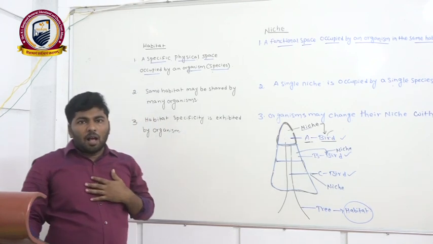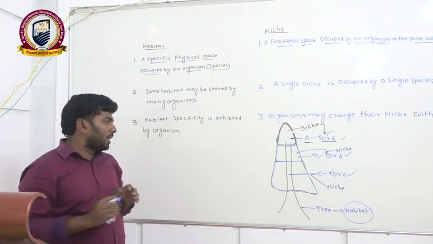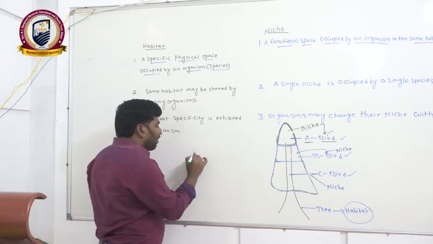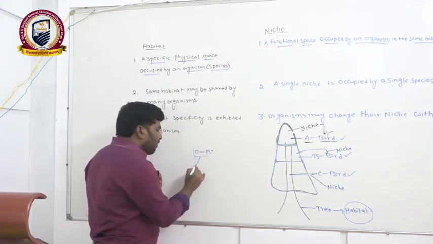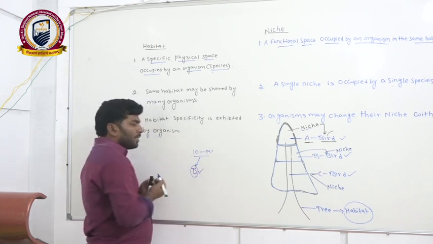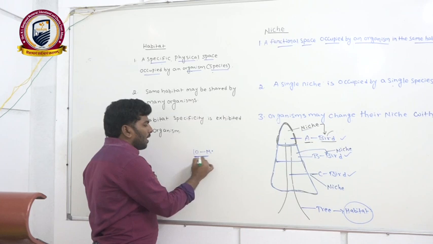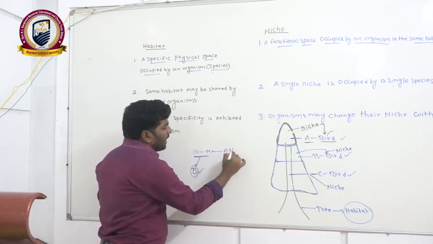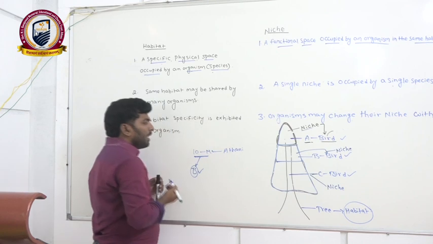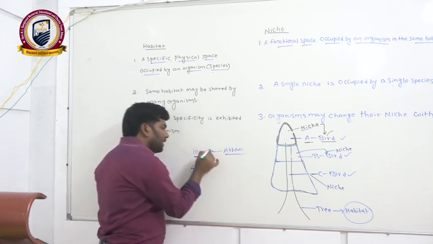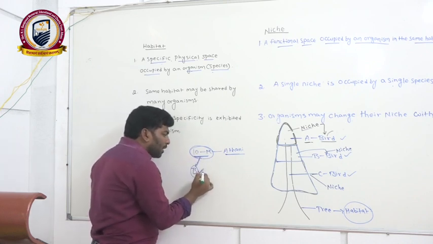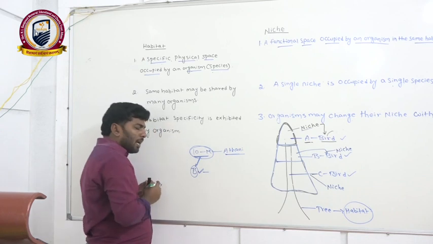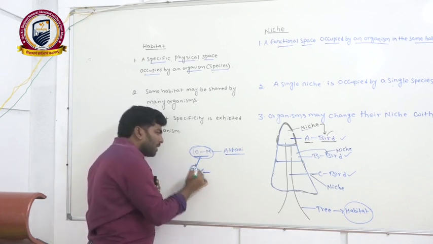For example, along with me, 10 members are there, living only in Athene. We are all 10 members. In these 10 members, I am working as a teacher in Banajawad college, for example. This is my professional address. The address of all 10 members is Athene. But my professional address is Banajawad PU college. This is my professional address. Where am I working? In Banajawad college.